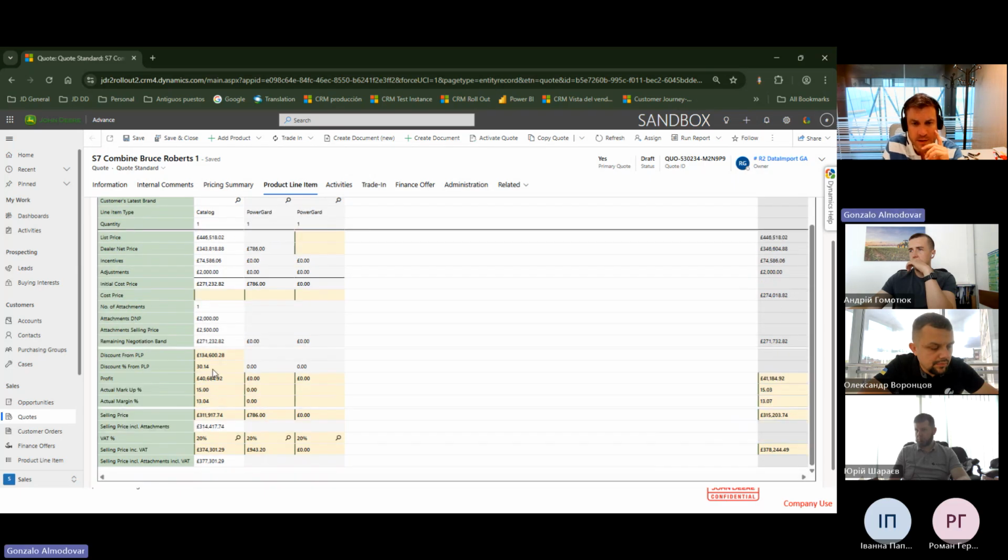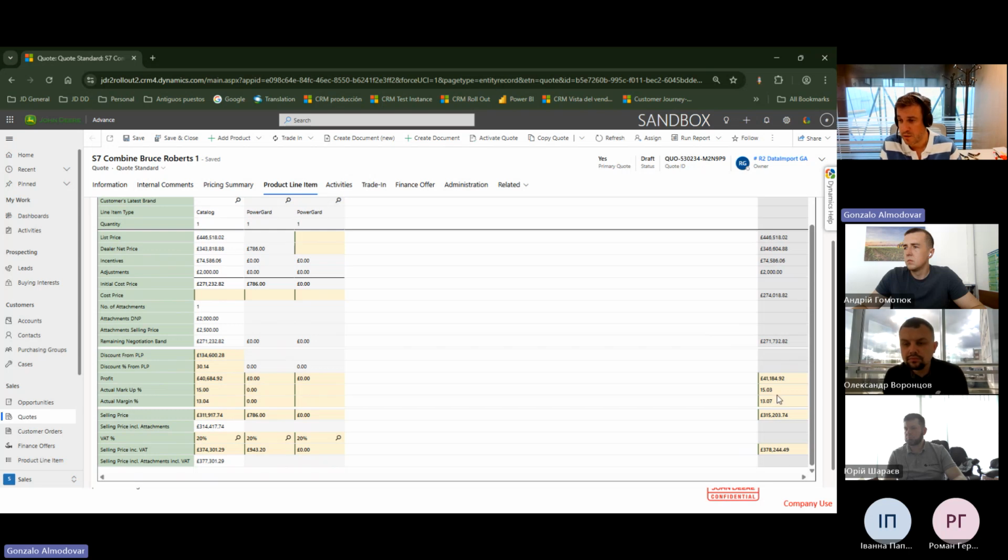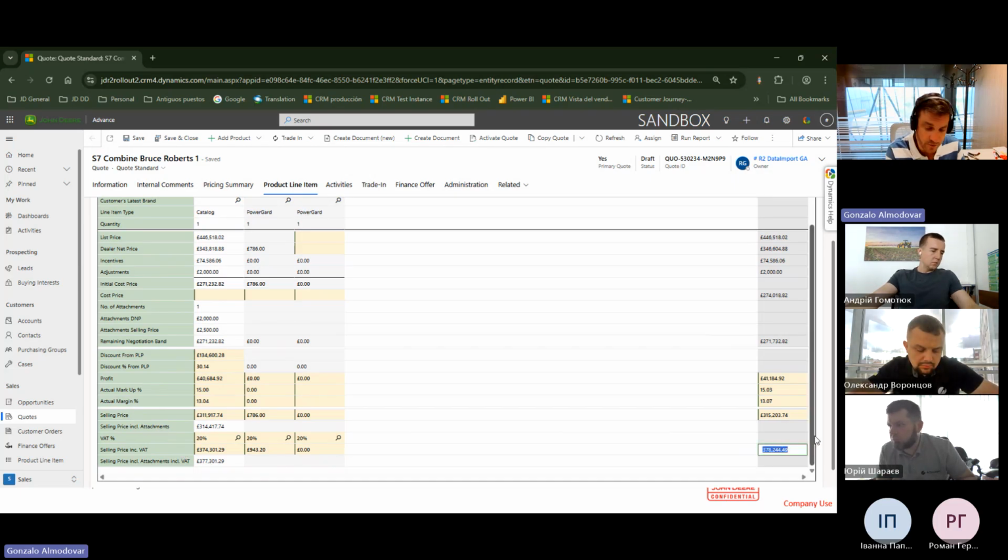Where is it? The negotiation band. Remaining negotiation band, sorry. Whatever, right? As I don't have a pricing policy, the price is super high, right? But just imagine that it would be 20,000, I don't know, or 30,000. So all I need to do is establish a selling price product by product or for the full package, with or without VAT. Okay, so that could be, for instance, my first proposal for this customer,